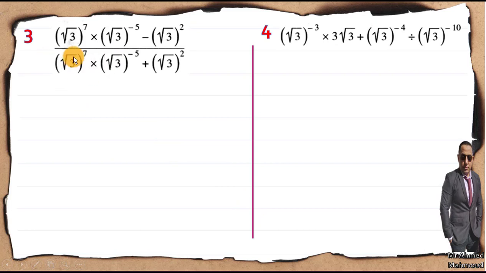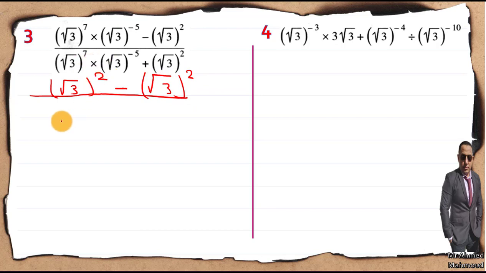Number 3. Here I have this operation. Okay, now I'm going to evaluate this one like this. I have two different operations, one up and one down. Here I have root 3 power 7 divided by root 3 power 5. So I'm going to add their powers. It will be root 3 all to the power 7 plus negative 5 equals 2, minus root 3 to the power of 2. Down I have root 3 to the power 7 plus negative 5 equals 2, plus root 3